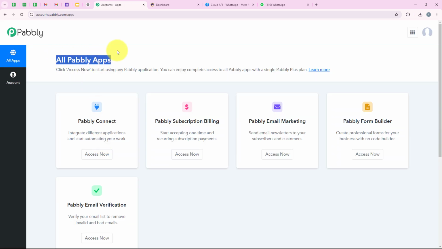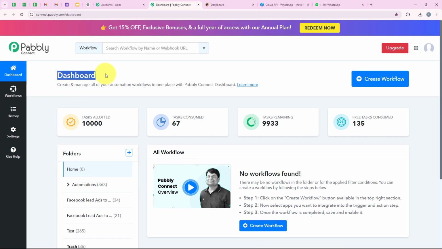and now it is opening all Pabbly apps. Over here you can see all the tools and applications offered by Pabbly, but in today's video we are going to use Pabbly Connect because we are connecting different applications. So I'm going to click on access now right over here to access my Pabbly Connect account, and now it is opening my dashboard. And to start with the automation, we are going to click on this button which says create workflow,